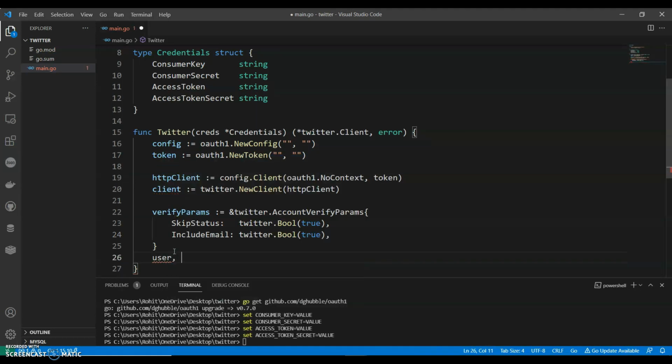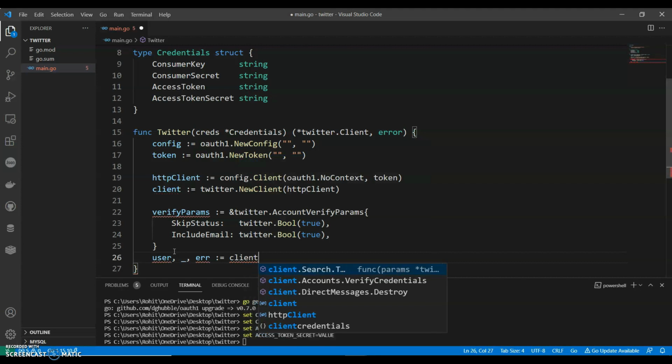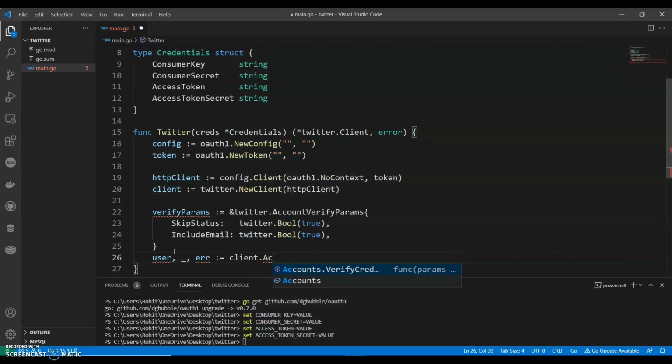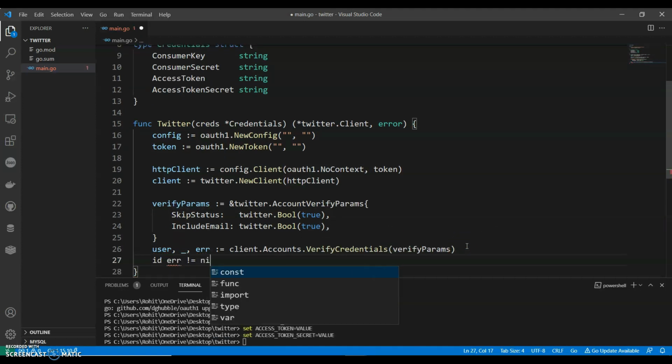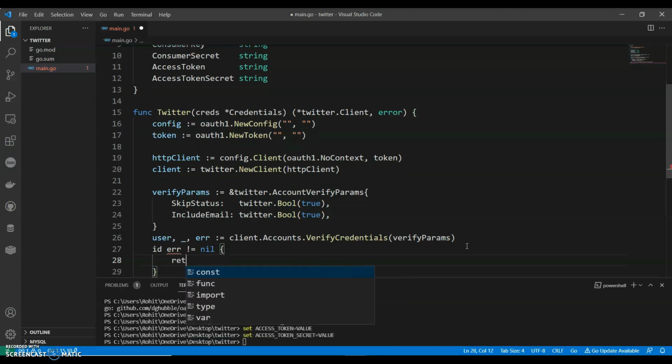Then user, err := client.Accounts.VerifyCredentials(verifyParams). Okay, and if err not equals to nil, return nil, comma err.